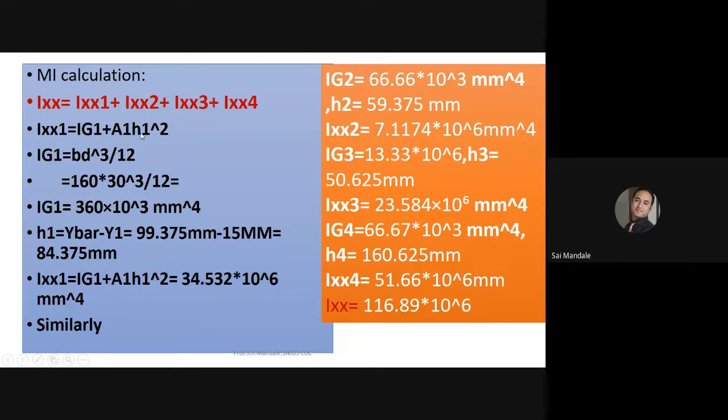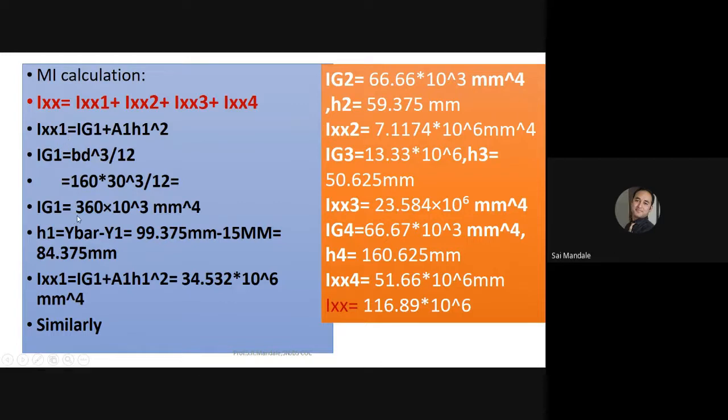What is the formula to calculate H1? How to calculate H1? H1 is y bar minus y1. H2 is y bar minus y2. H3 is equal to y bar minus y3. H4 is equal to y bar minus y4. And we have to calculate the different